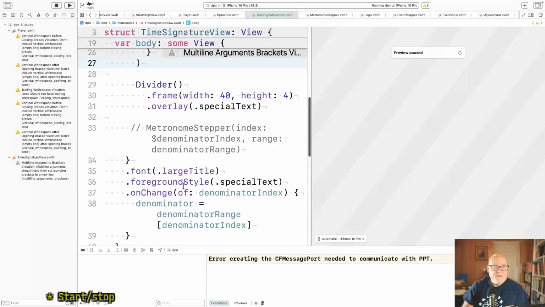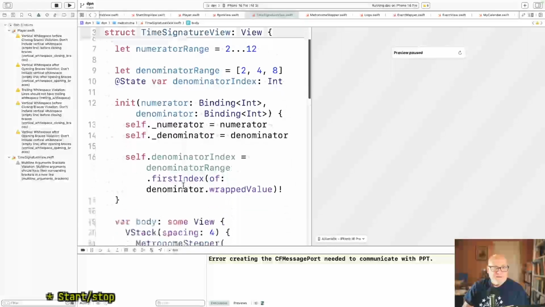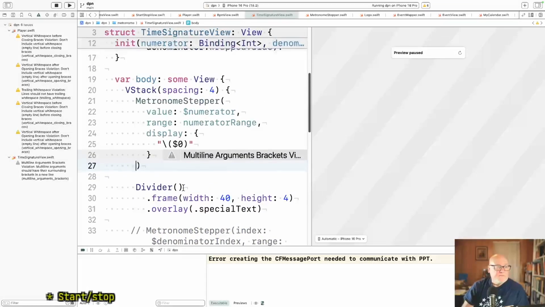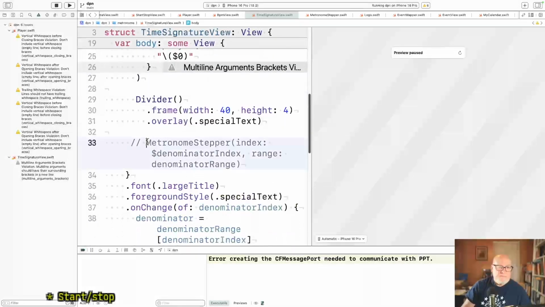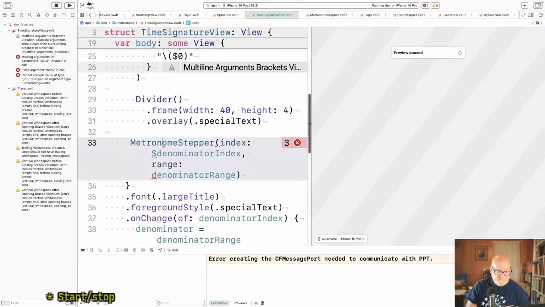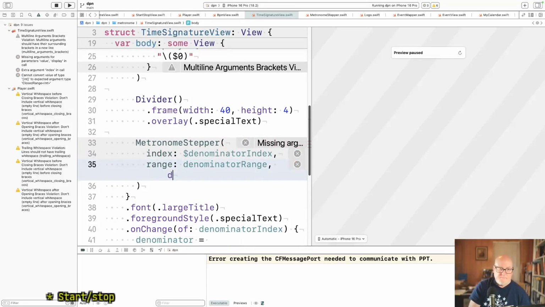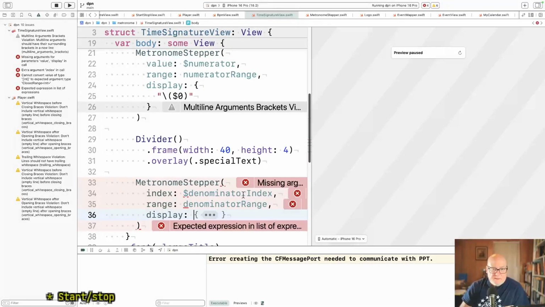Okay, so now this thing, I don't know why he doesn't want to format. There it goes. Okay, so this thing, denominator